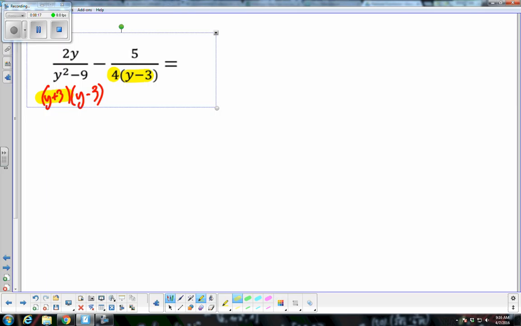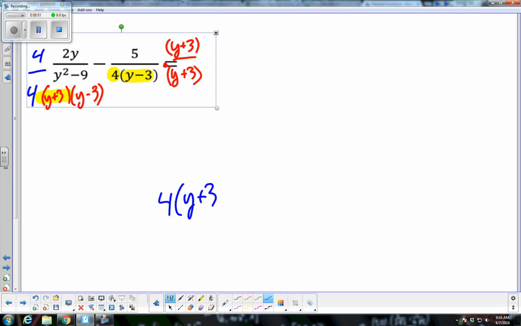So putting all that together, in order to get that, I'm going to need to multiply this side by the thing it doesn't have. What doesn't it have? It doesn't have a y plus 3. So I'm going to do that. I'm going to multiply by y plus 3 on both sides. Okay? So now the right side of the expression will be equal to the left, but I also need this 4 over here. So I'm going to multiply this guy by 4 and this guy by 4. And then we should be good if you look at that, because now our base is going to be 4 times y plus 3, y minus 3, all divided by 4 times 2y, which is 8y, and